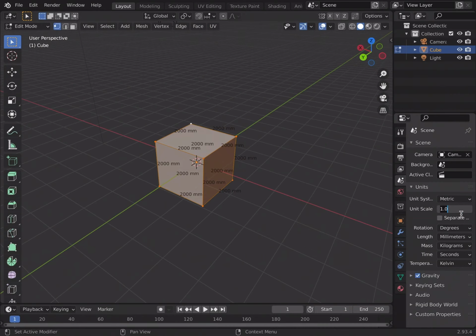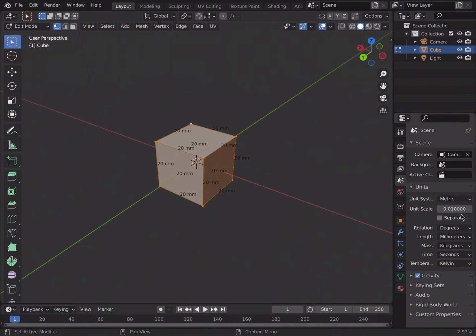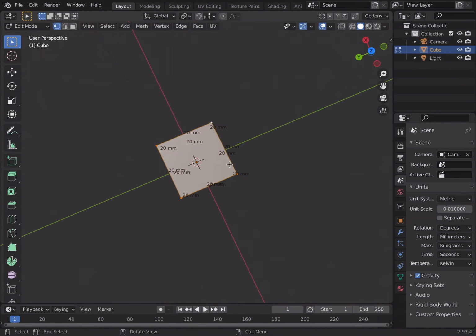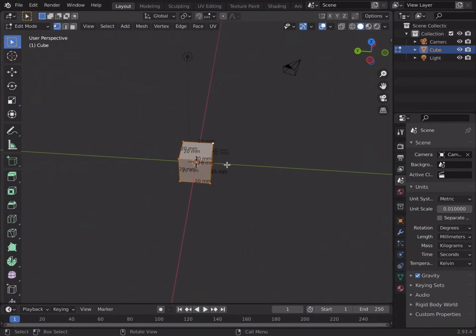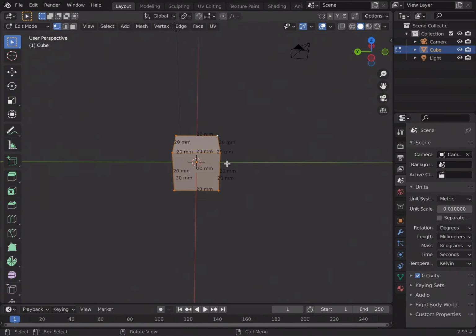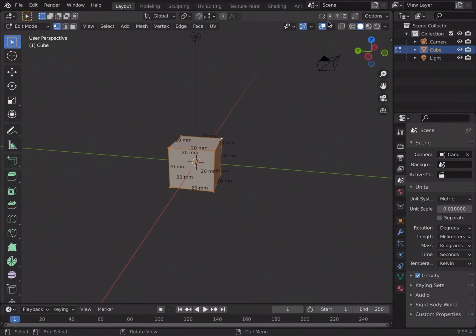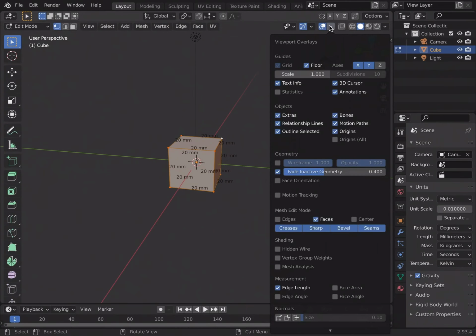So what my approach is, I'm changing the unit scale to 0.01. So we have our 20 by 20 millimeter default cube. But what we notice is that the guidelines, the grid lines, disappeared. So to fix this, I go back into this menu here at the top, go into scale and set it to